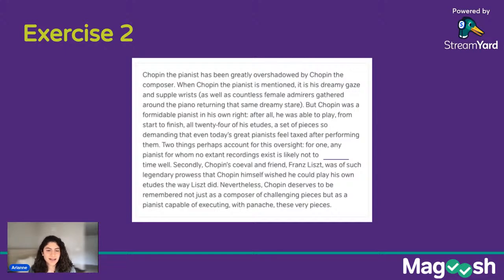Reading again, it says, "Two things perhaps account for this oversight. For one, any pianist for whom no extant recordings exist is likely not to blank time well." It's likely not to blank time. I like something like when something doesn't do something in terms of time, it's usually something that doesn't hold up to time well, something that doesn't age well. Here we're talking about Chopin, who is a pianist, and talking about how other pianists who don't have extant recordings,